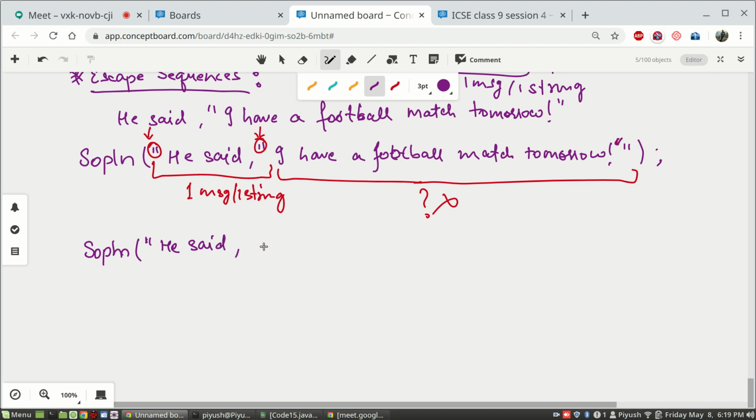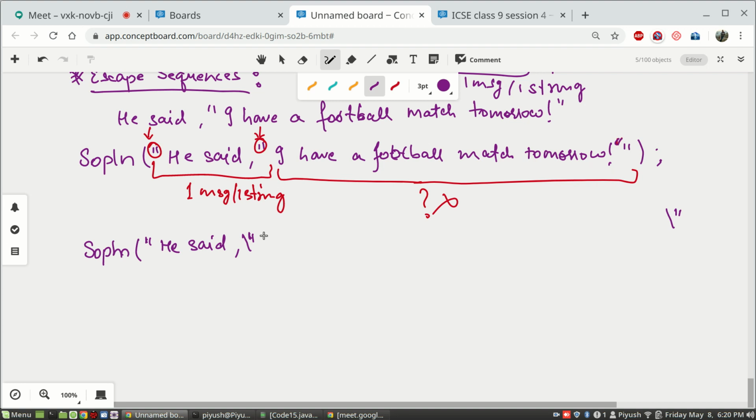and then you will write comma, it will say fine, till now I am good. But here what was the problem? You are writing double quotes and it confused it with the closing of this double quote. So in order to tell the computer that you don't have to consider it as the closure of the matching opening quote and as the closure of the string, you only have to print it, you will use one escape sequence, which is backslash followed by, immediately followed by, without space, immediately followed by double quote. So you will write, now computer will understand, okay, so that means this escape sequence together means print double quotes.